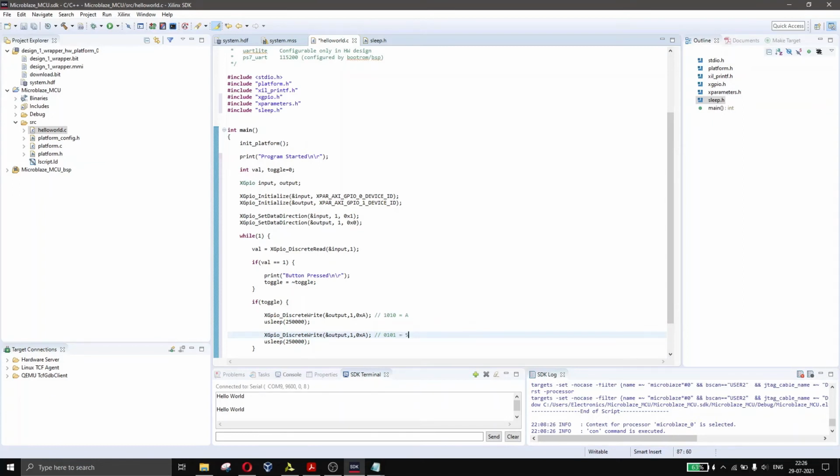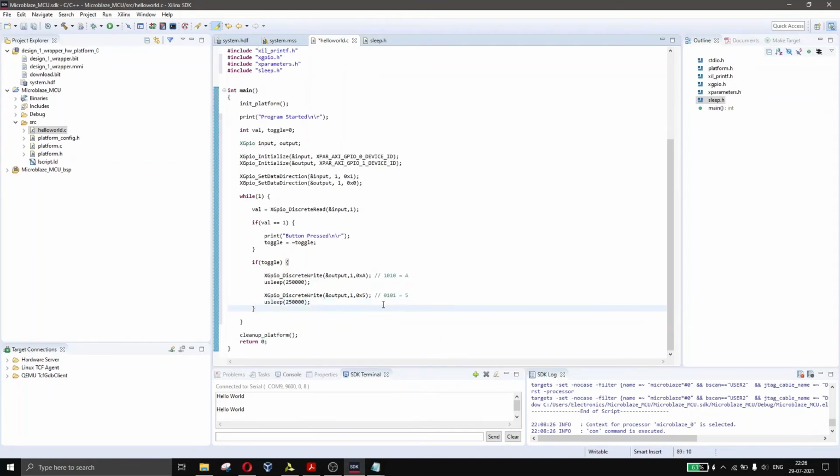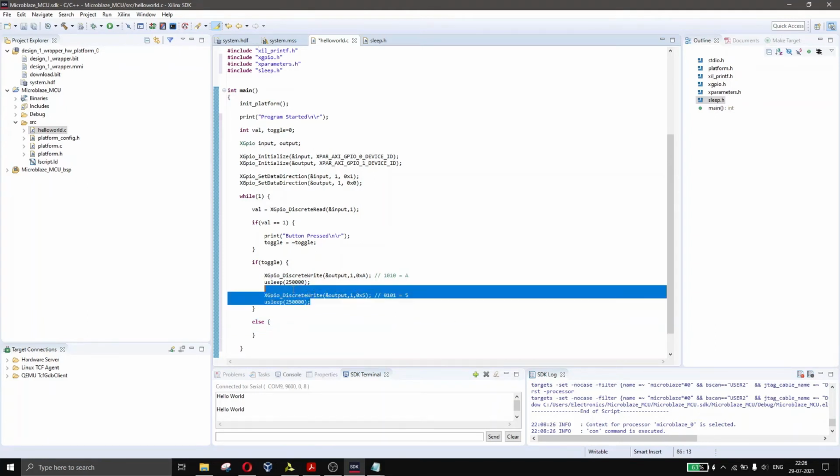So 0x5, hex value of 5. And then if we don't want this, we have the else conditions. For the else we are going to do something similar.